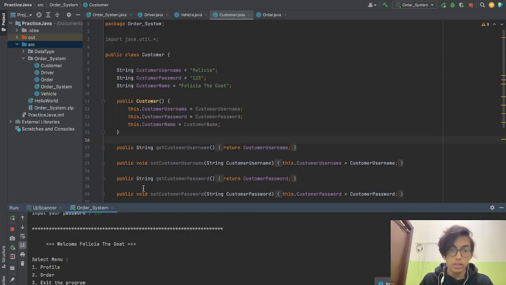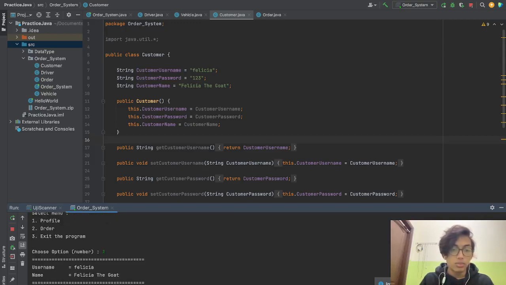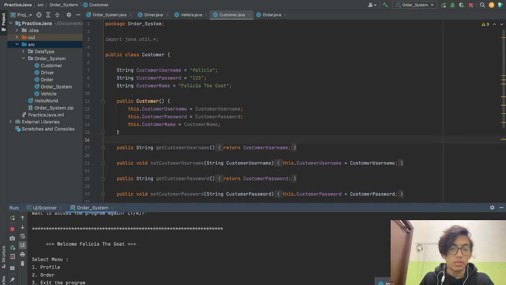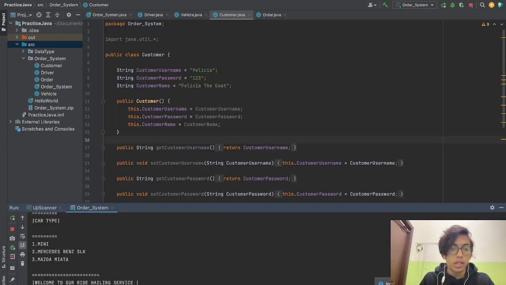It will display 3 main functions of the program for the customer, which are profile, order, and exit program. Let's go with the first, which is profile display. It will display the username and then the user's name. And then let's go with the second function, which is the main function, the order.